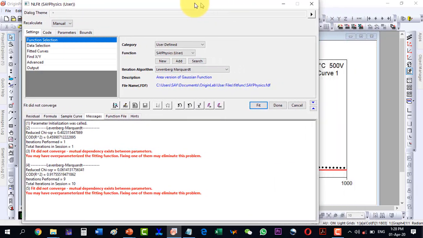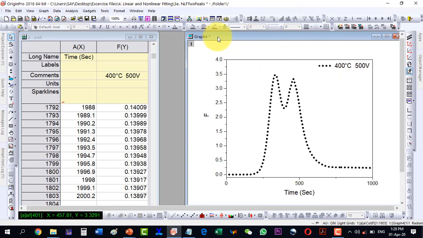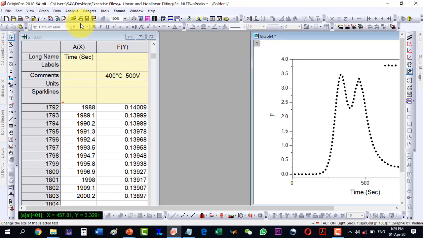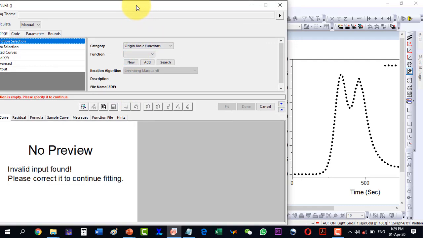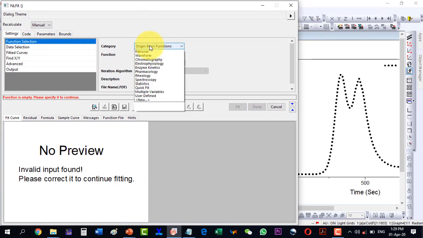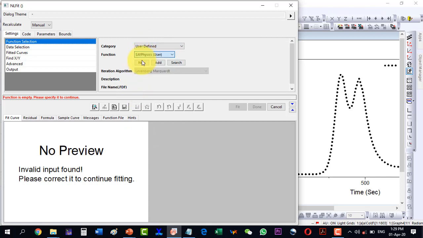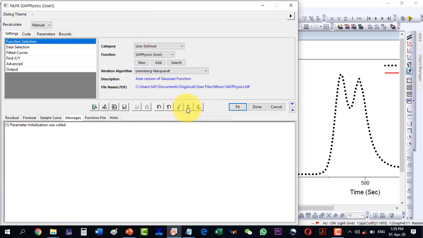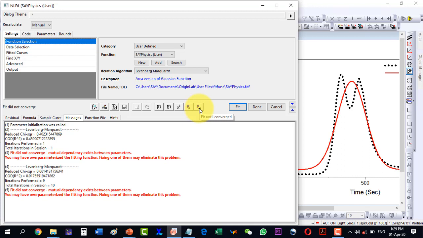Now I will do some changes here. Okay, let me bring this one a little bit here. So now it will be visible, and I can now go to the nonlinear fit, and here I am having the user defined function. So move it a bit here, and now to the user defined functions, go to say physics, and now my plot is here. I just click this one in order to show it, fit until converge, and it is not giving me the